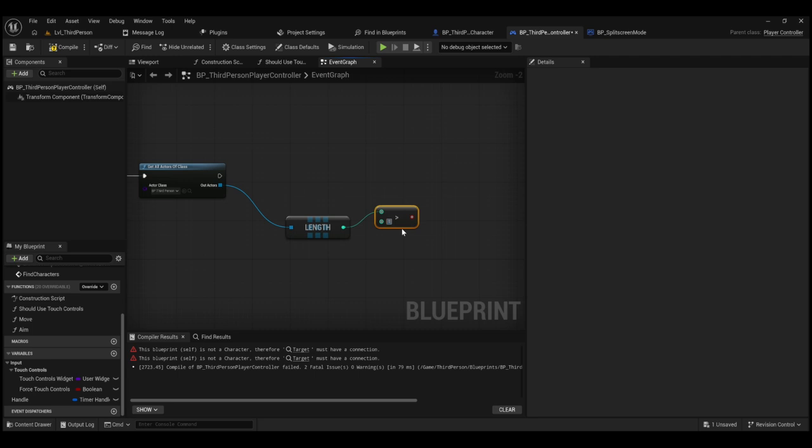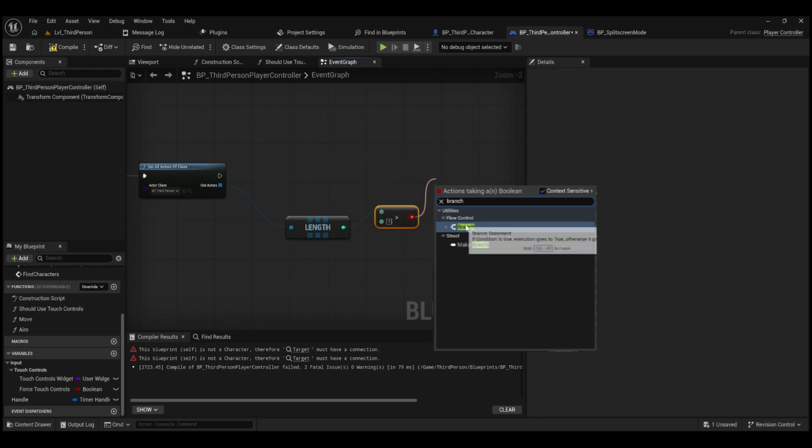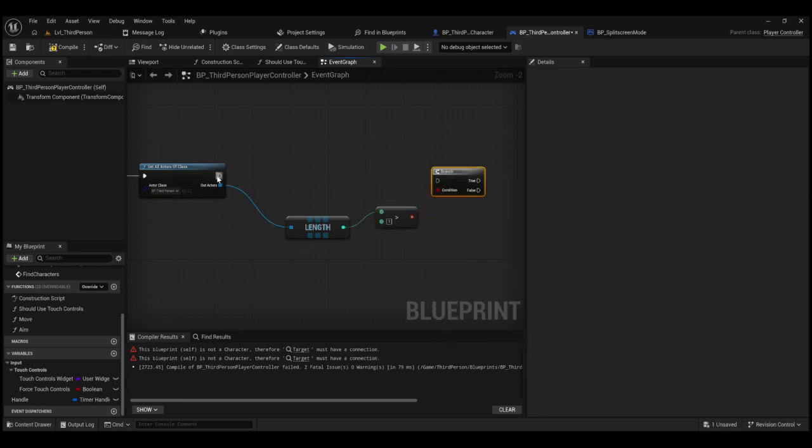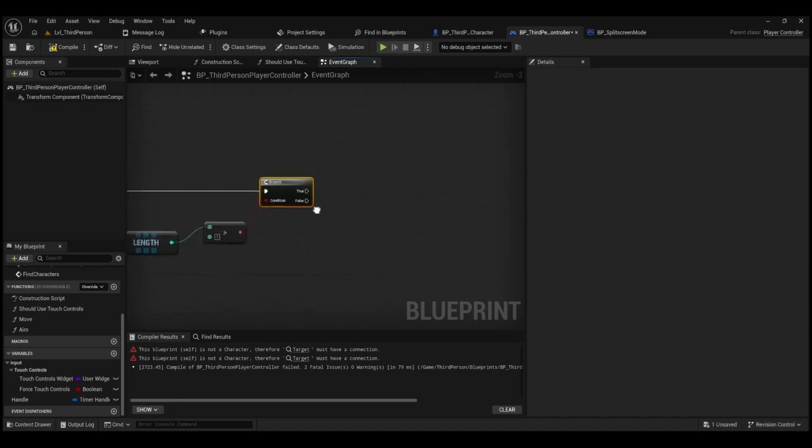So if I go greater than 1 and then go to this return value for the branch, I have this set up. So if I connect these two, when this is greater than 1, so we've got both the players loaded,